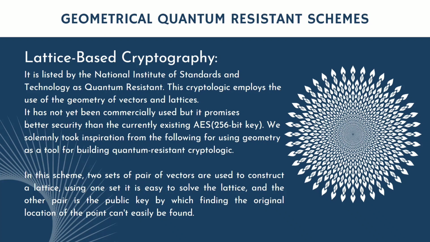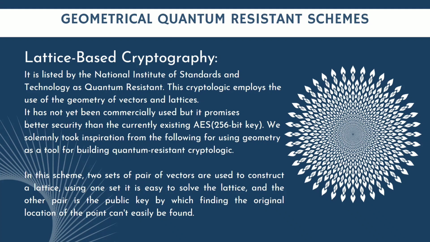Okay, so giving a brief about this, there is a pair of good vectors, which help us create a lattice very easily, and there is a pair of bad vectors which have very minute deviation from each other. To reach a point from the origin to another point lying in that lattice using bad vectors would be quite cumbersome. But if you know the good vectors, you could easily get to that point and find what exactly the message was. So it works on the shortest vector problem, which is quite famous in this field of cryptology. Okay, moving on.